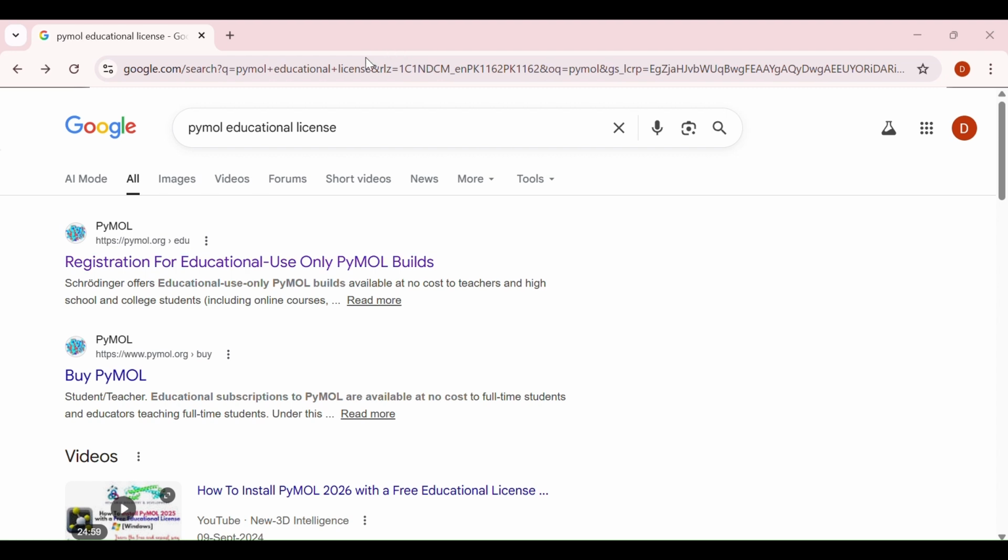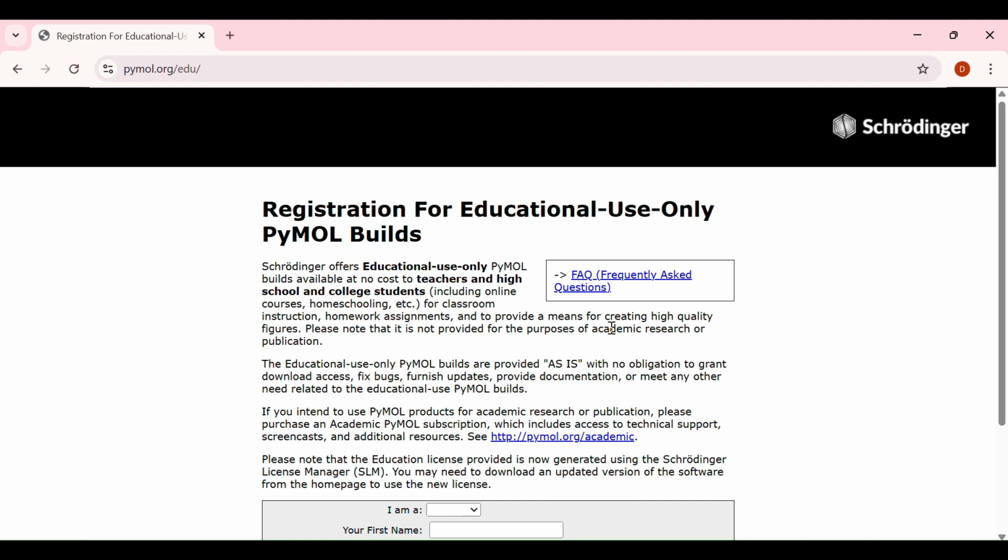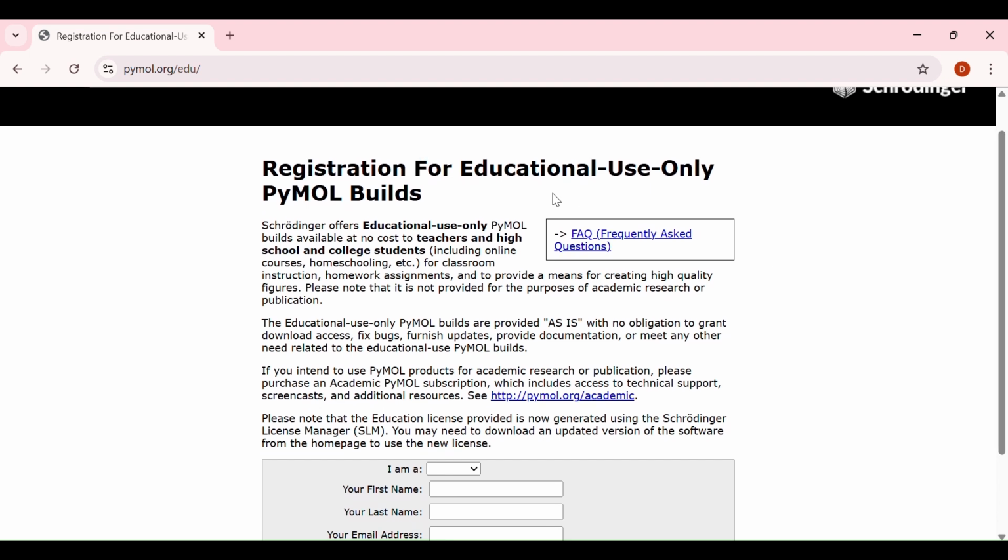First, open your browser and in the search bar, write PyMOL educational license and then click on the first link, which is registration for educational use only PyMOL. Here you are directed to the official website of Schrödinger. And you can see here they stated that educational use only PyMOL is available to teachers and high school and college